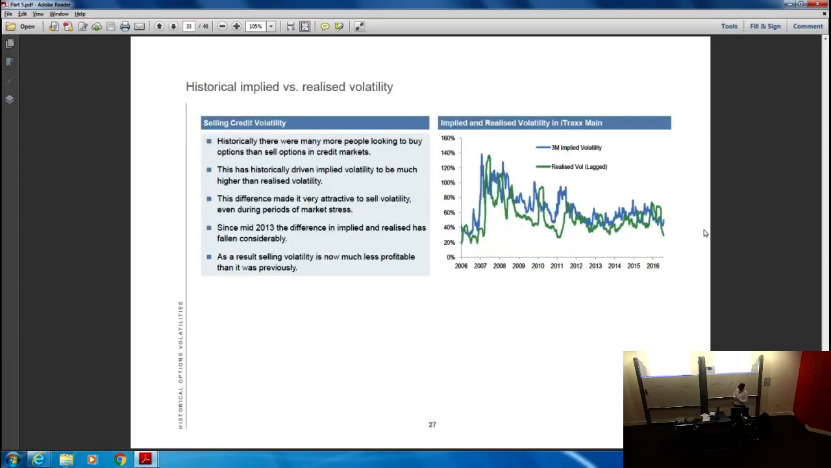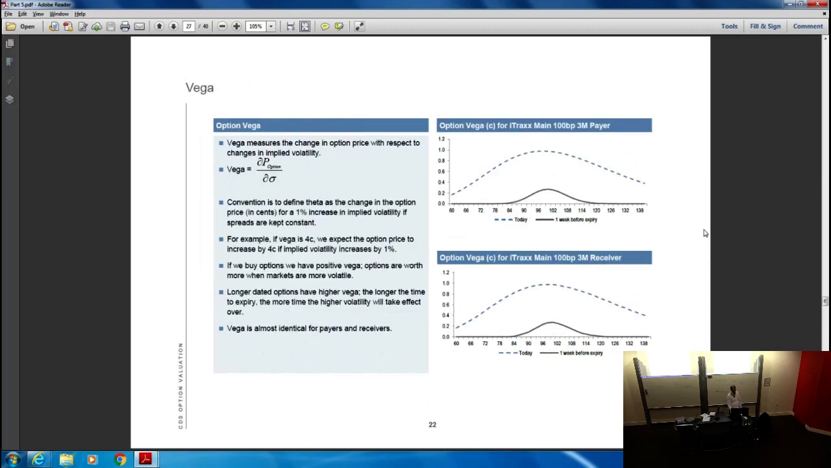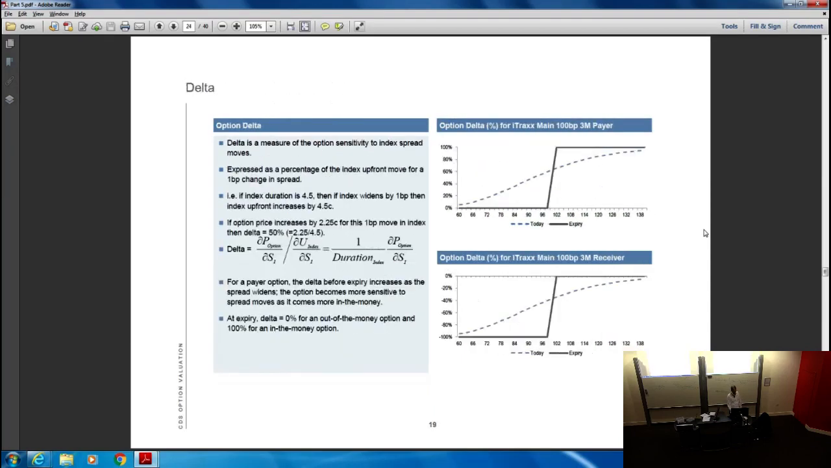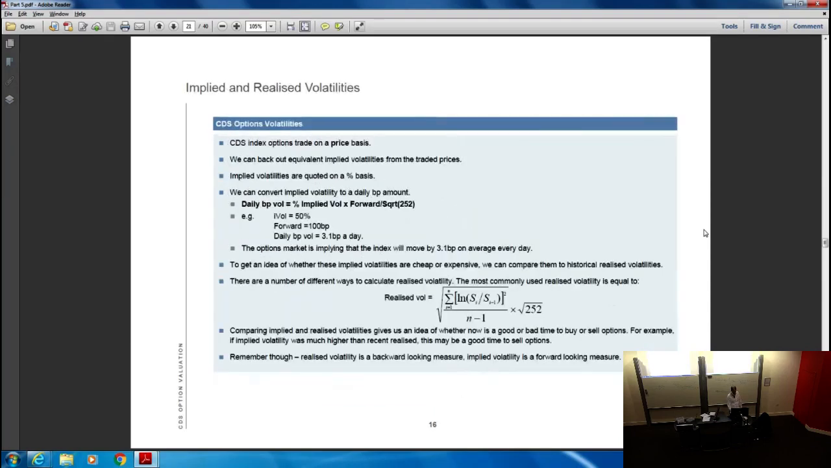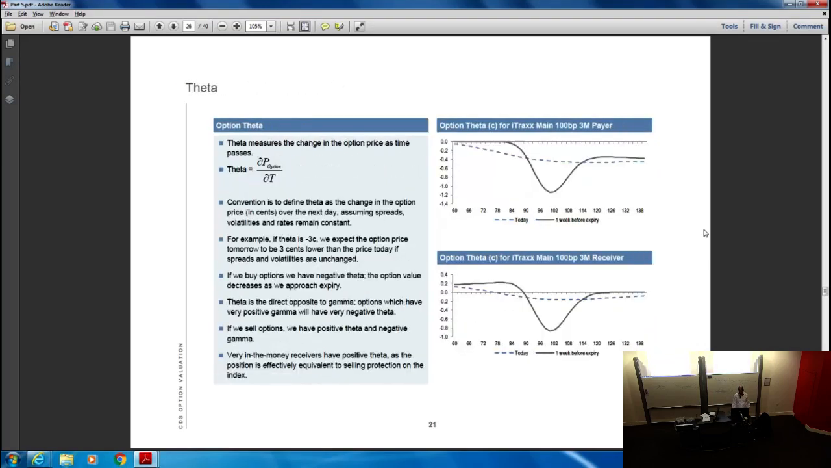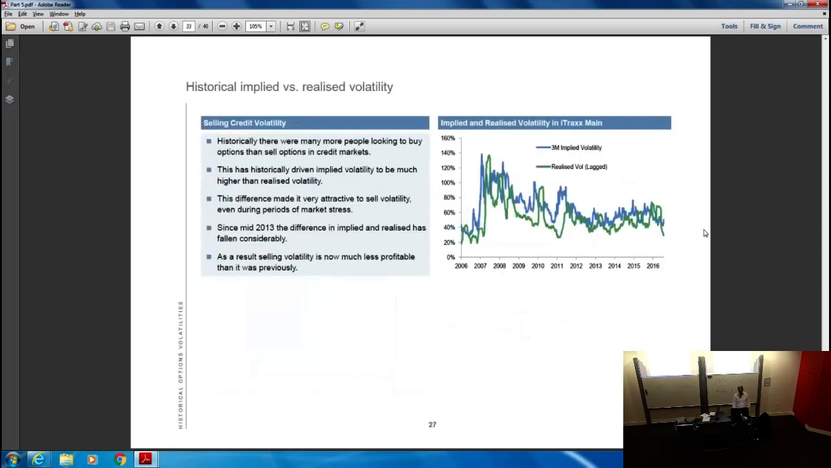So historical vols, as we saw before, you can price them in a simple log fashion. Realized vol is basically your log spread differential. Historically, volatility on the iTraxx indices, as you can see from that green line, ranges around 50%. Like 50% is the average vol,